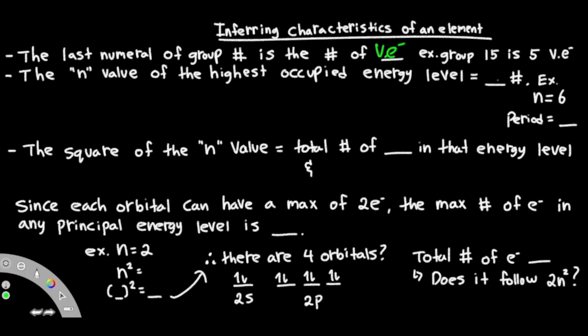The n value of the highest occupied energy level is equal to the period number. So if n is equal to 6, the period number is equal to 6. Lastly, the square of the n value is equal to the total number of orbitals